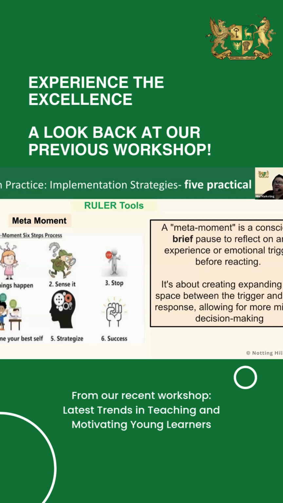So here we have the 6 steps. So something's happened. You sense it. You sense it's triggered you. So you stop for a second. Then imagine your best self and strategize. What would that Danielle do? What would that Danny do in that situation in her best self? And then I act on that. So it's taking that time to just briefly stop, regulate yourself, and then make